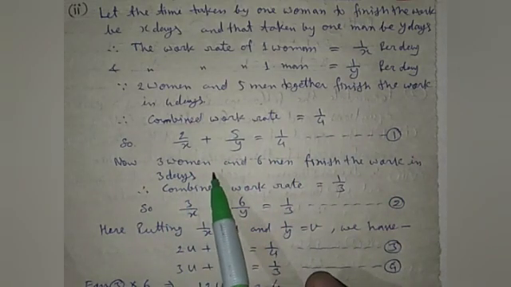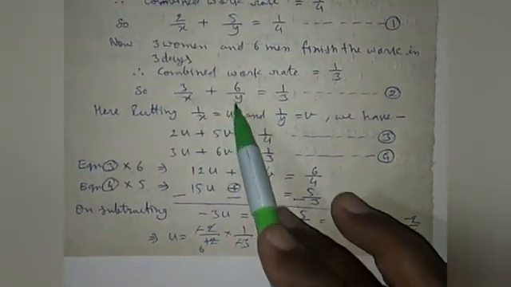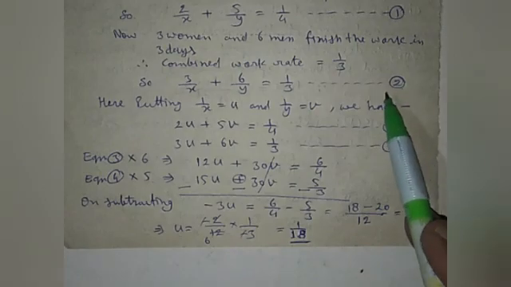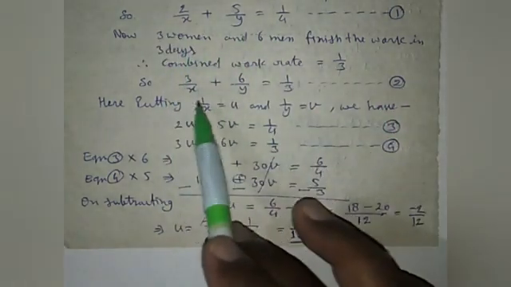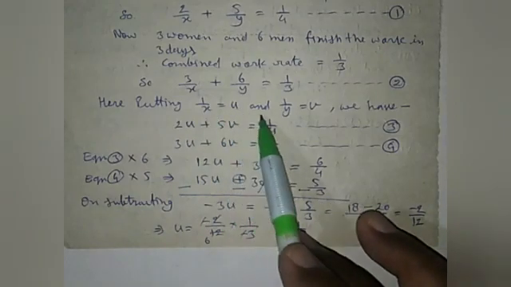Now 3 women and 6 men finish the work in 3 days. So here the combined work rate is 1 by 3. Hence 3 upon x plus 6 upon y equals 1 upon 3. It is equation number 2. Now here the variables are in the denominator. So here putting 1 upon x equal to u and 1 upon y equal to v, we have